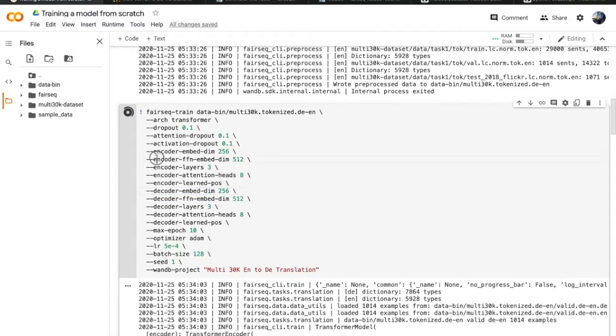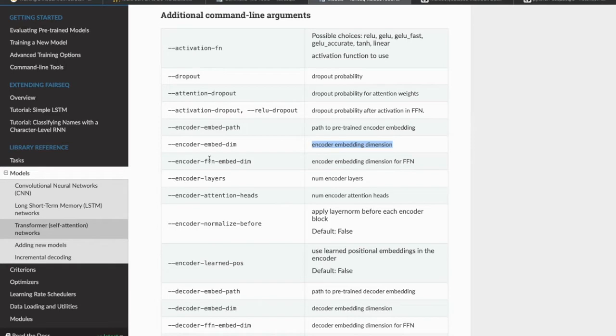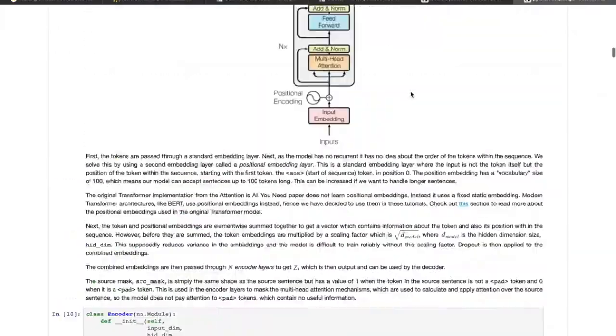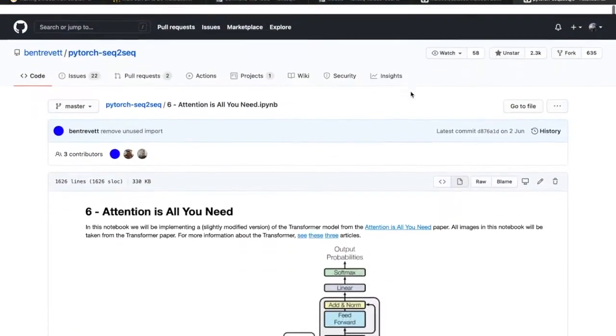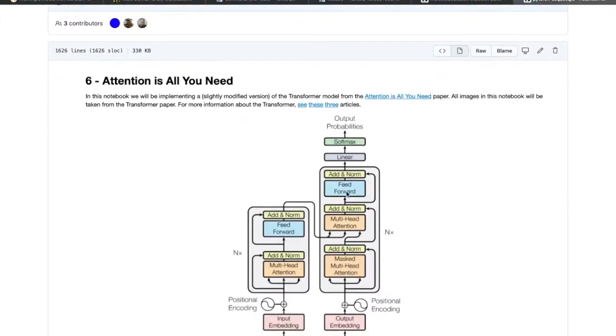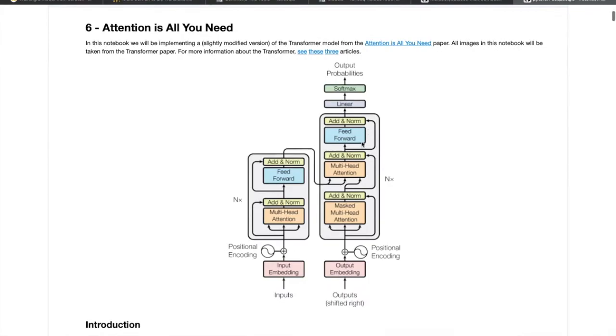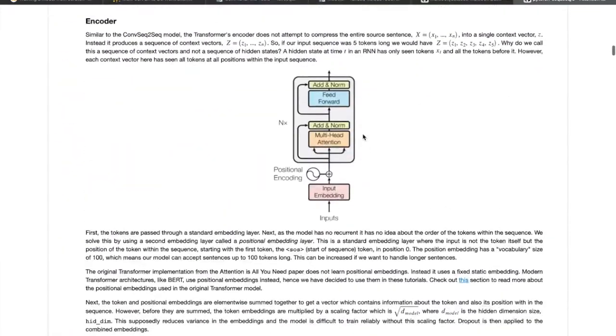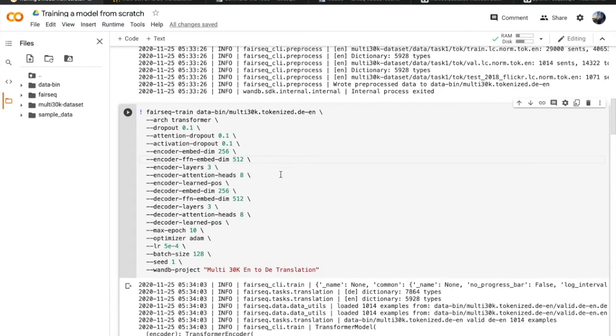Coming to encoder FFN embed dimension, in this architecture the feed forward block is made of two layers. The size of the hidden layer in the middle, the second layer, is the hyperparameter that we are setting here, which is 512.